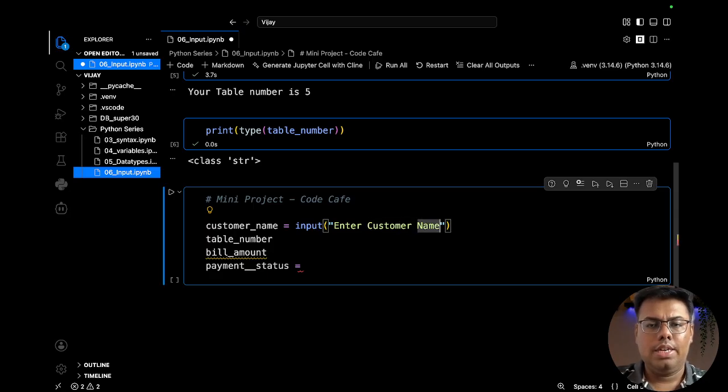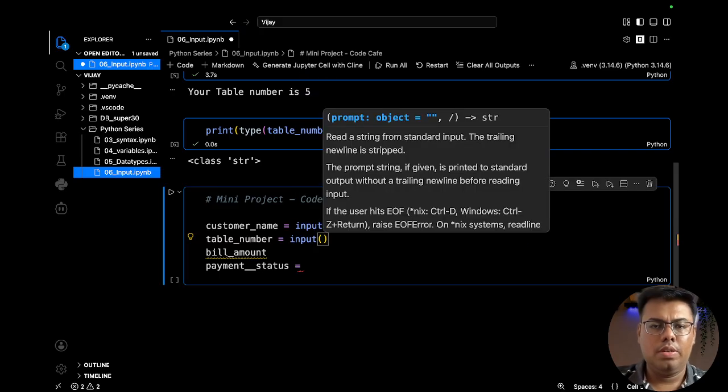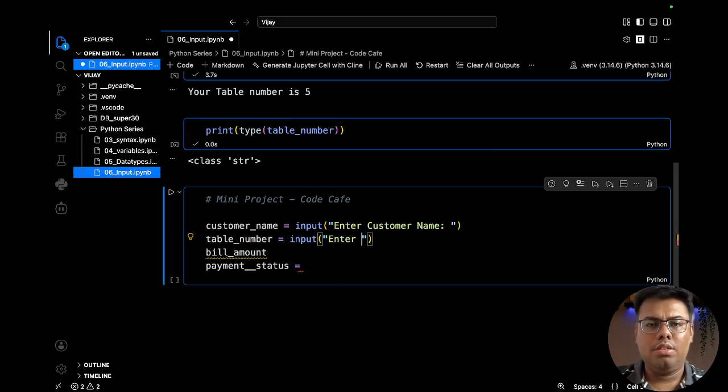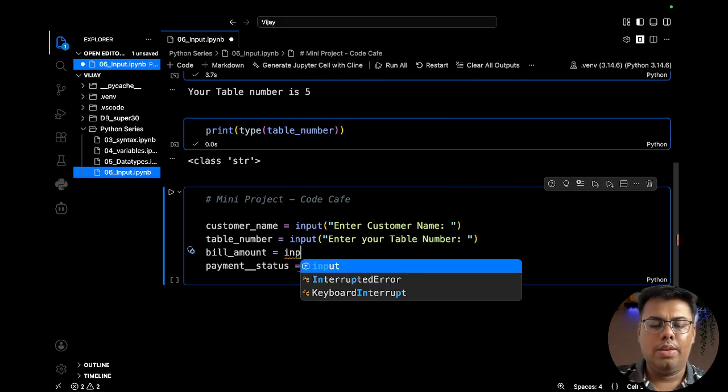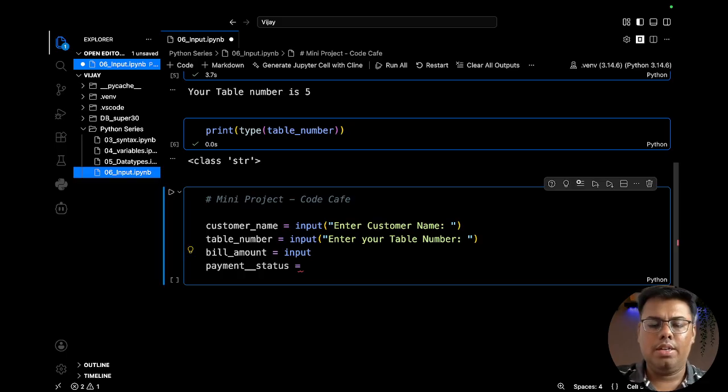Okay, enter the customer name, then input, enter your table number. Okay, so the basic idea is that we are making this program dynamic so that whenever any customer comes to the cafe, they can enter their information by themselves